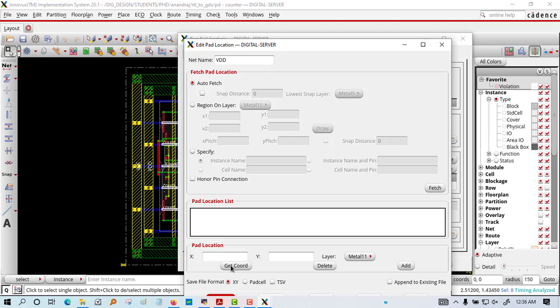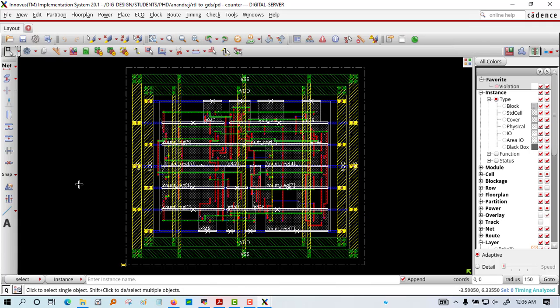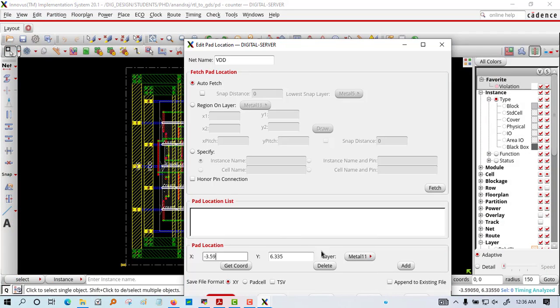After clicking on get code, you will see the cursor is getting a cross. Okay. So for now what we have to do, click here and then again go to here. Okay. So some data has come. Then what we have to do,